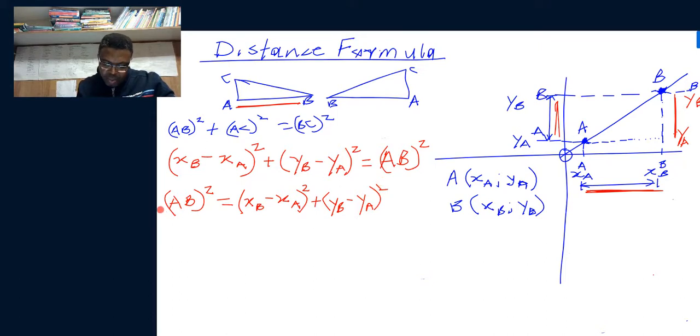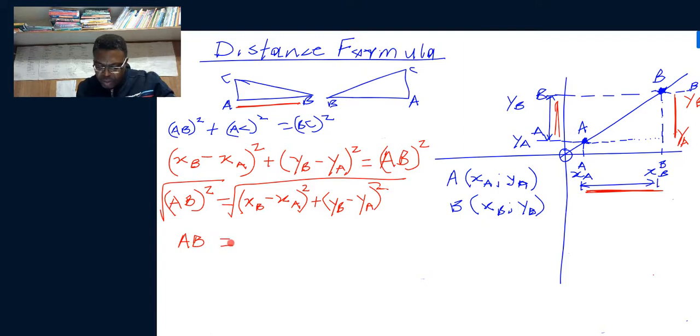So I put a square root on both sides. Let me make this clear. Power 2, so AB squared, square root of AB squared, you get AB